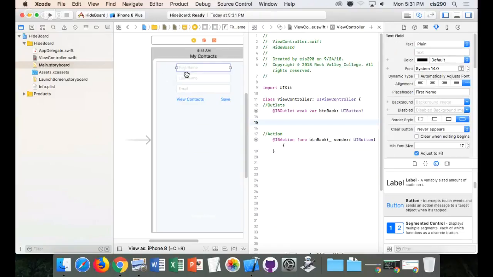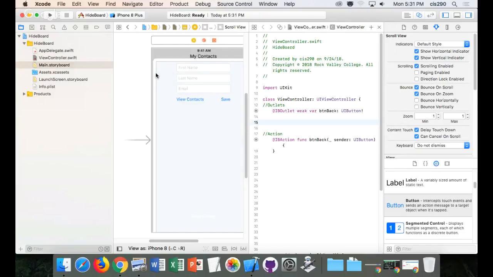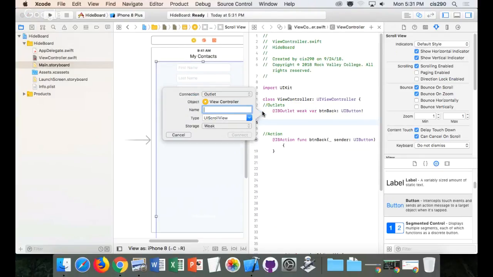And you'll notice when I click on an object and try to do scroll view again, it won't let me. So click away and then come back, then you can select it. It's just finicky like that. So control click drag underneath button, BTN back, and we're going to call it scroll view with the caps S